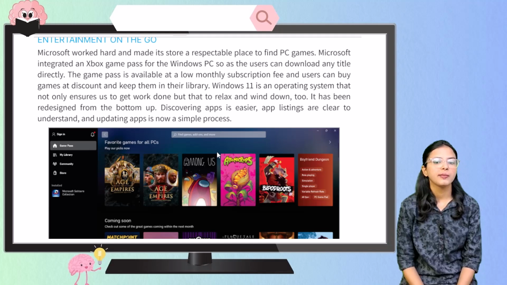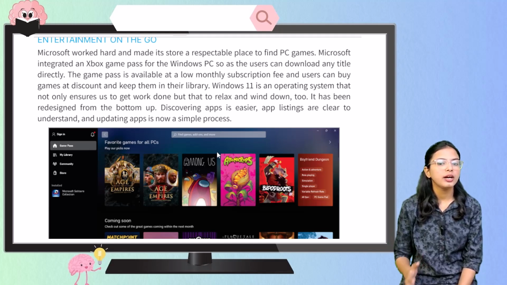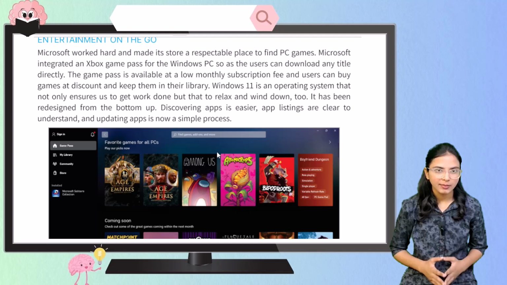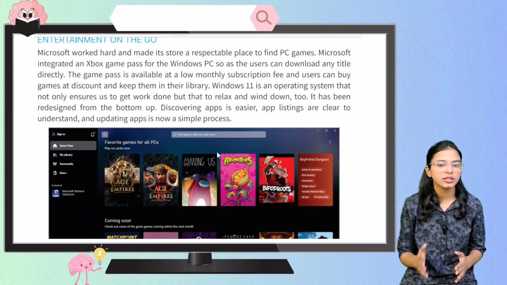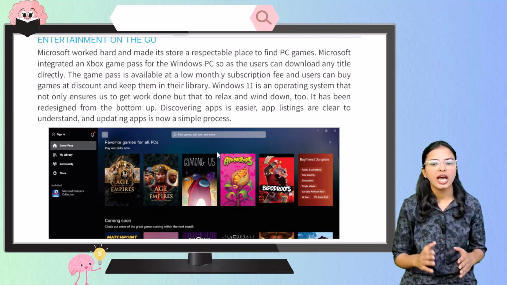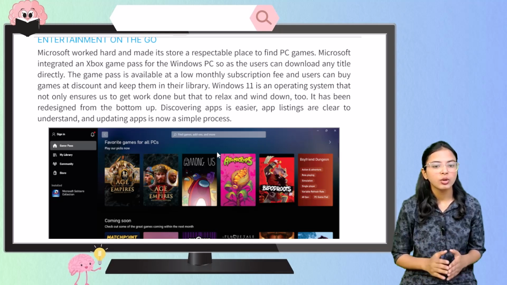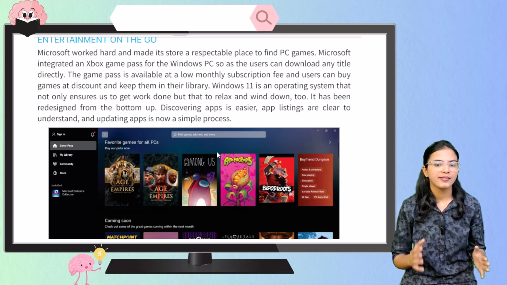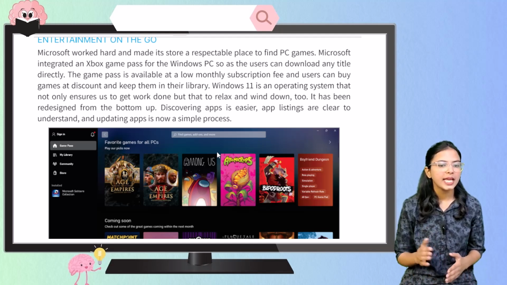Okay, now entertainment on the go, students. Microsoft worked very hard and made the store a respectable place to find PC games. Okay, Microsoft integrated Xbox Game Pass for the Windows PC so that users can download any title directly. Game Pass is available at a low monthly subscription fee, and users can buy games at a discount and keep